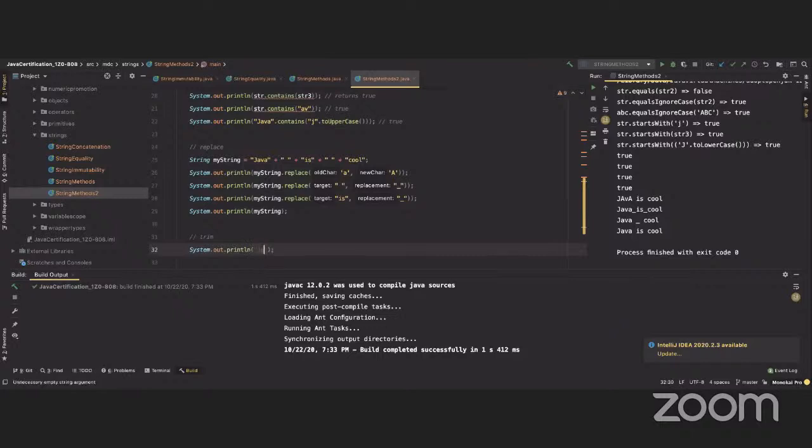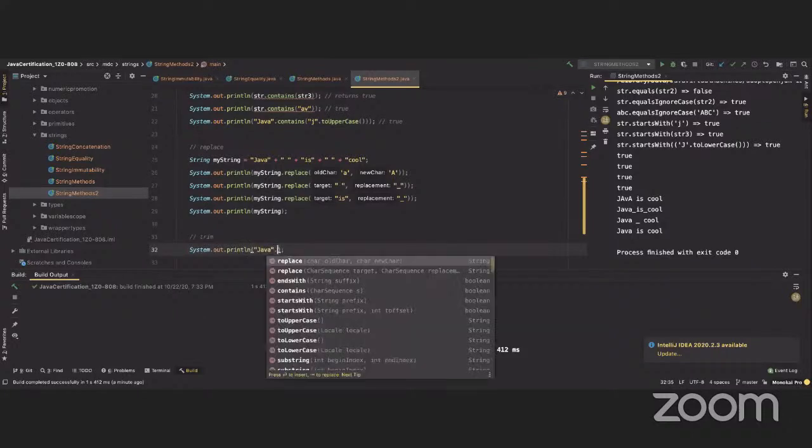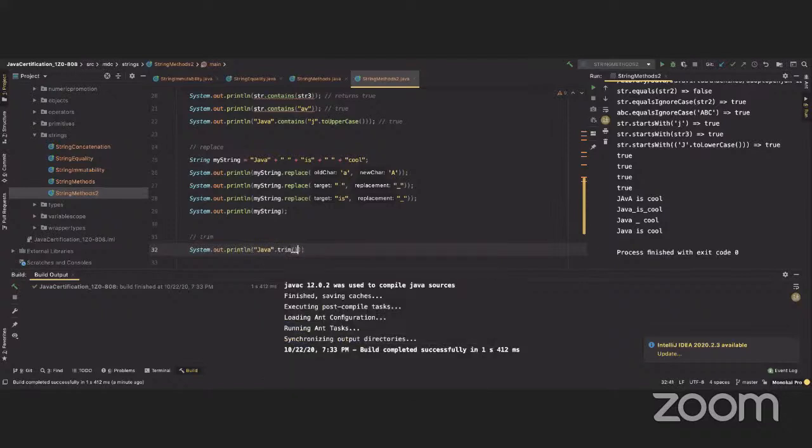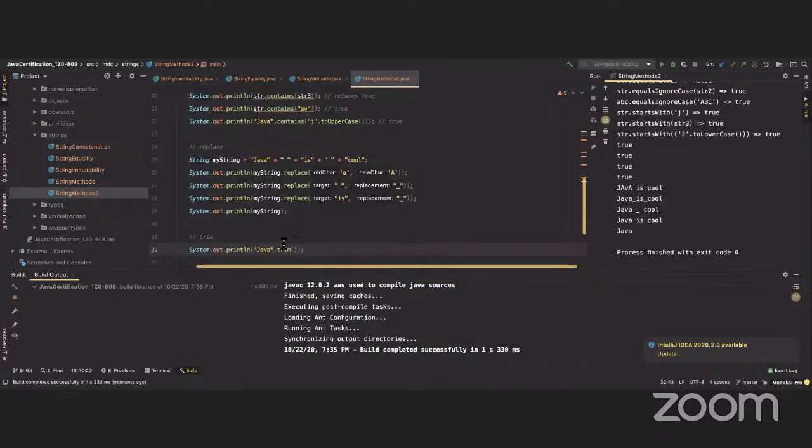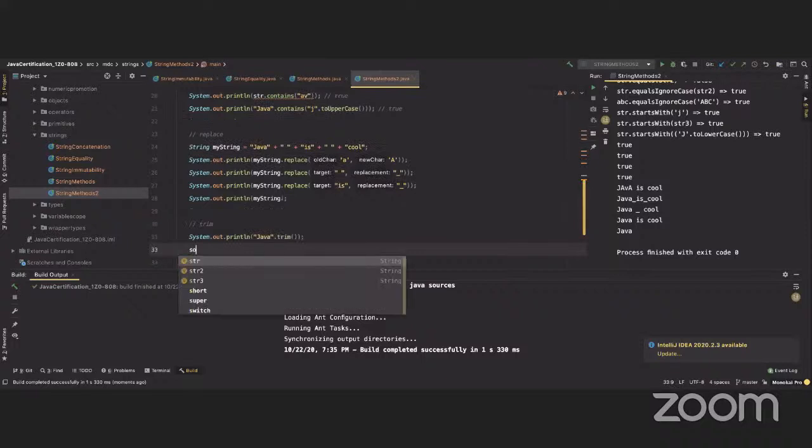You say Java, right? Trim, okay? And then if we print that, we get Java. It's just Java. It will trim any trailing space, right? After this, like there's a space like that. But in this case we'll not do anything because there's no space after the last letter. Okay, now if I do this,